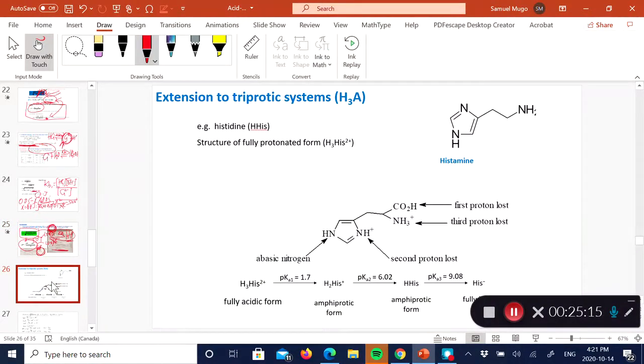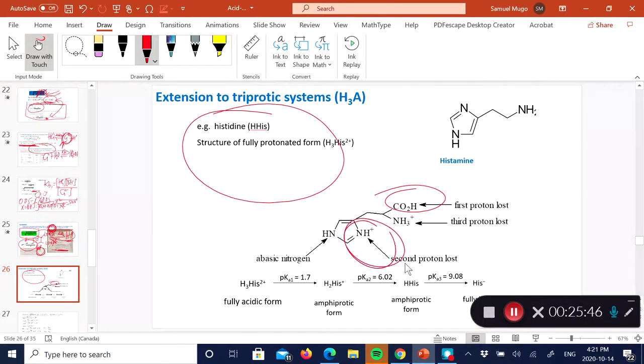Now remember, what we've done for the diprotic acids can be extended to triprotic acids, meaning you've got 3 hydrolyzable protons. A good example, as I said, is histidine, an amino acid whose pKa1 is due to dissociation of that carboxylic acid group. The second dissociation is because of the release of that proton due to that amide group, and the last dissociation is because of the release of that proton from that